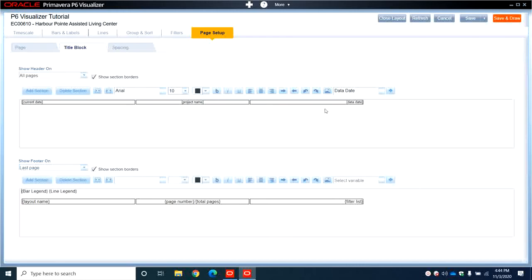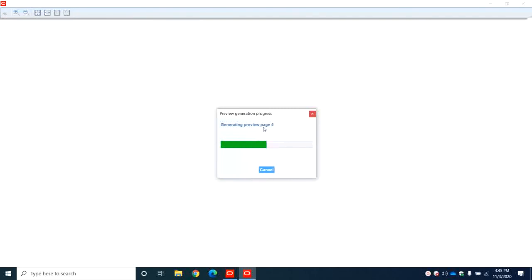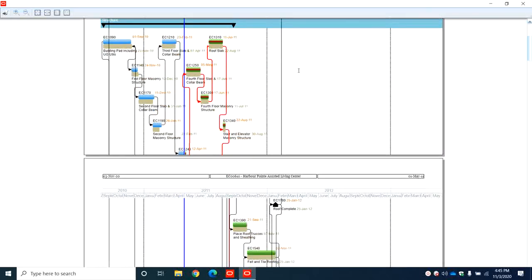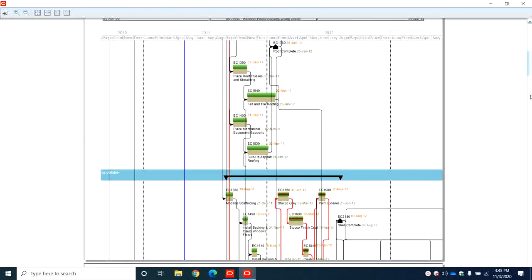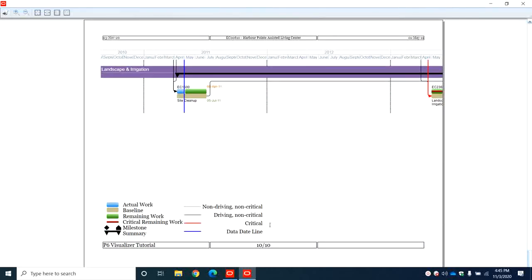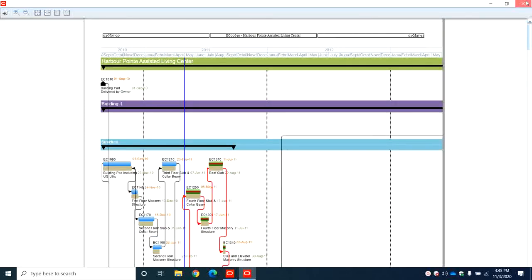So save and draw. So if we go now to print preview, we'll show you how many pages now we have. We have 10 pages A3, but we can see now there is header here on each page, and on the last page we can see the bar legend and the line legend. So which one, non-driving, non-critical, critical, remaining work, baseline, and how many pages. But still we can improve maybe a little. Let's go back to the page setup,